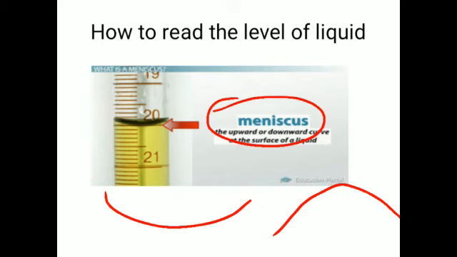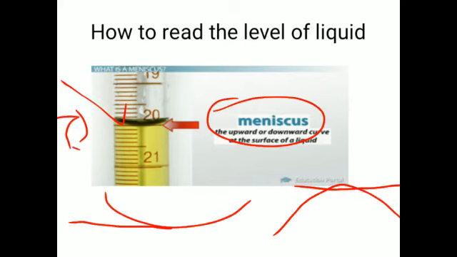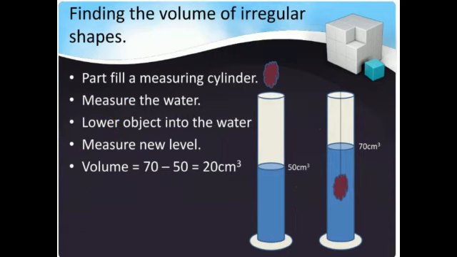The curved surface of the water is called a meniscus, as is shown here. So we have to read the lower line of the meniscus, the lower line which is touching the reading. And for the liquids which show an upward level, we read this line. There are certain liquids which show an upward meniscus, such as mercury in the thermometer, but wetting solids or solutions having water in them mostly show this kind of meniscus. And you have to put your eye just in front of the level to avoid parallax error.